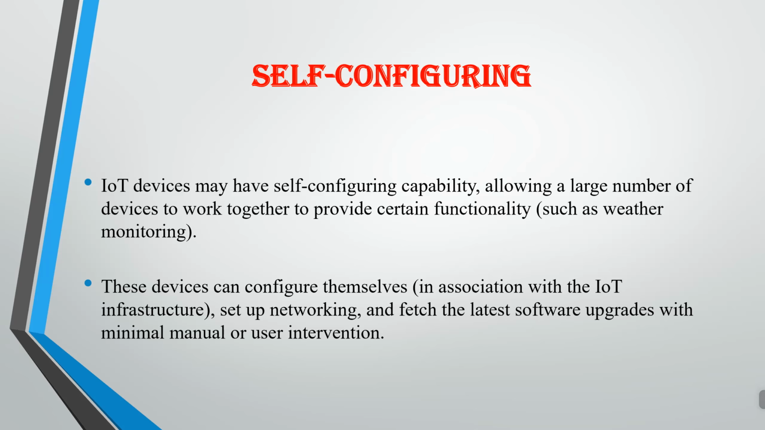Another characteristic of this IoT is self-configuration. Basically, IoT devices may have self-configuration capability, allowing a large number of devices to work together to provide certain functionality. So, for example, as I mentioned, weather monitoring. We have IoT devices which should self-configure themselves because we have a large set of IoT devices wherein most of the time